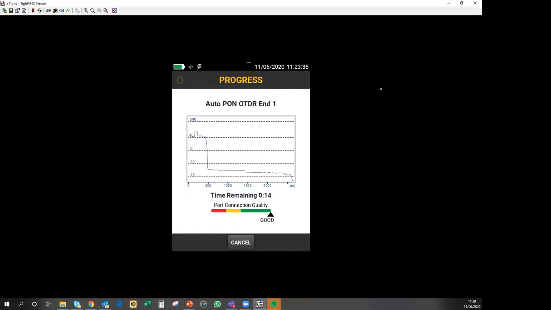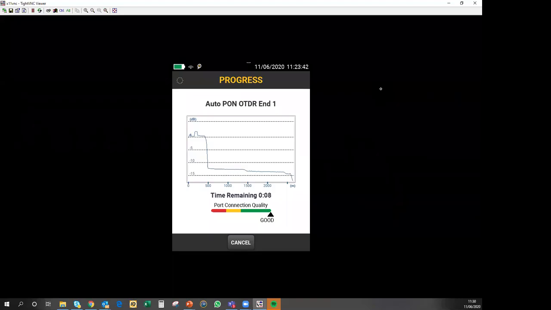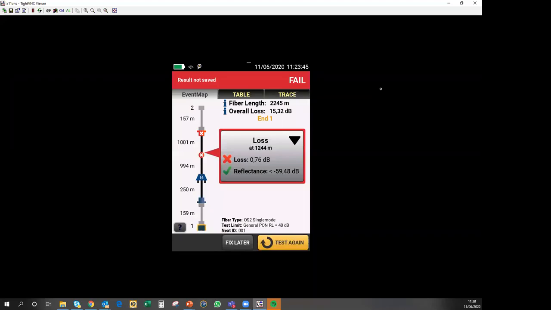And losses should be greatest on the 1310. The 1550 and 1625 wavelengths should pretty much mirror exactly what's going on. So here we have our test result, and you'll see that the